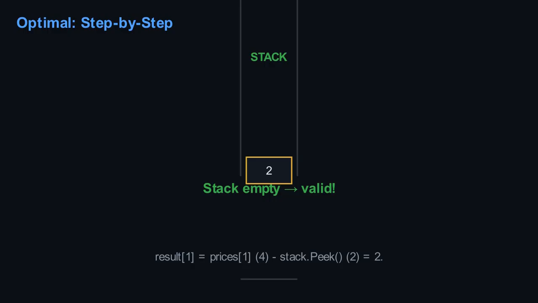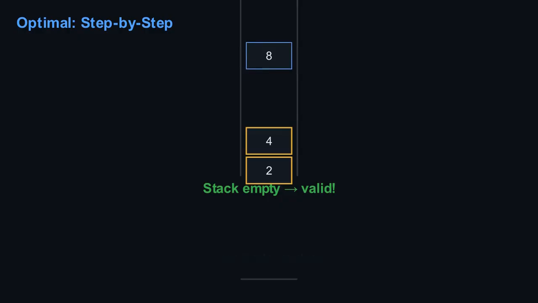Push 4. Finally, 8, the stack has 4, 2. 4 is less than 8, so we keep it. The stack has 2 on top; 2 is less than 8. The result is 8 minus 2, which is 6. Push 8. After processing all elements, our result array will be 6, 2, 4, 2, 3. Each element is either its original price or discounted by the first subsequent price that is less than or equal